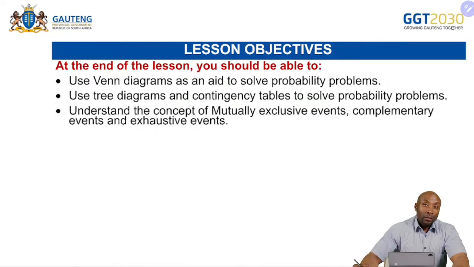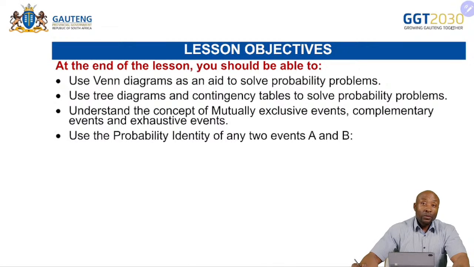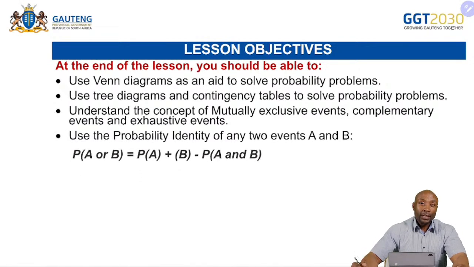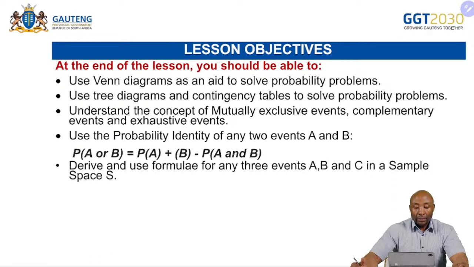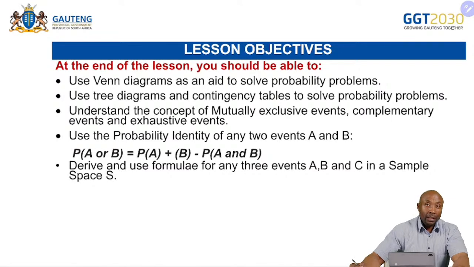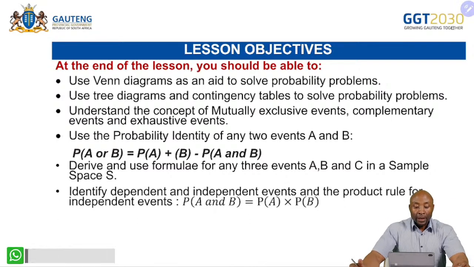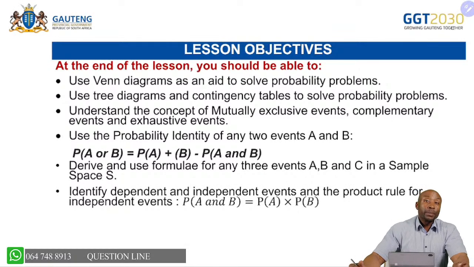We should also be able to use tree diagrams as well as contingency tables to solve probability problems. We should also be able to understand the concept of mutually exclusive events, complementary events, as well as exhaustive events. We touched on this last time, but we will go over it again as these are important basic concepts. We should be able also to use the probability identity. We know it. And we should also be able to use and derive the probability identity formula for three events given a sample space. And we should also be able to identify dependent and independent events